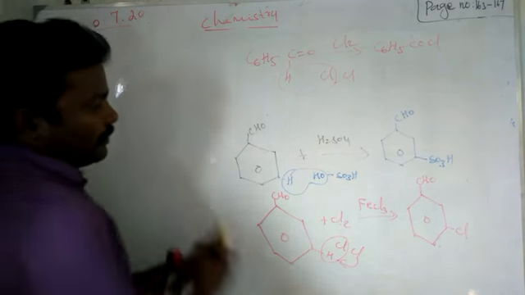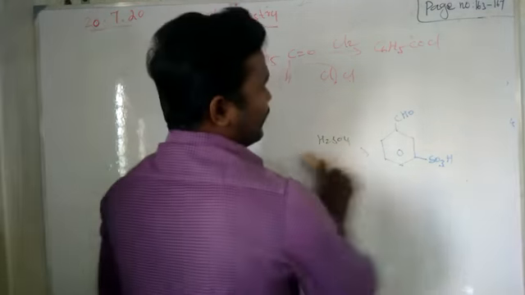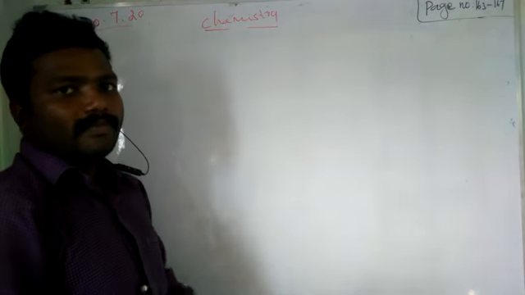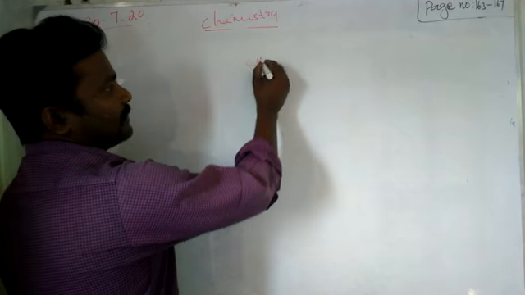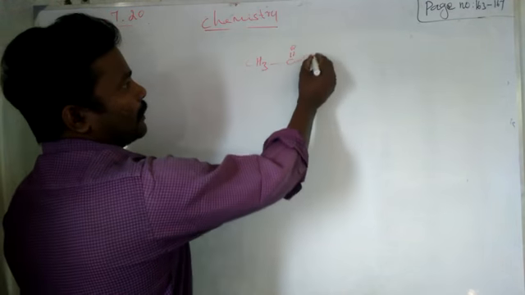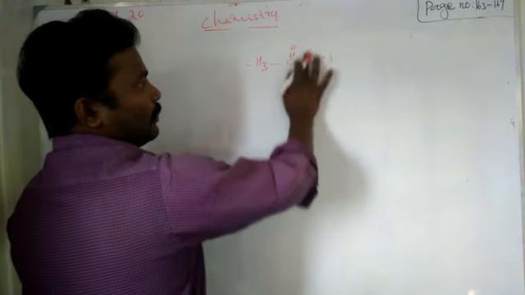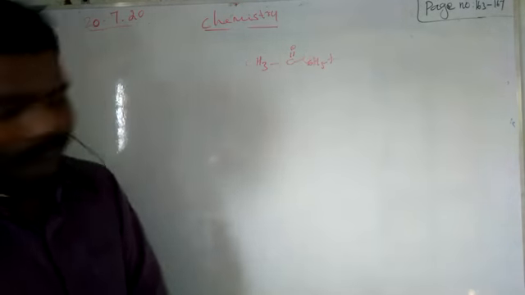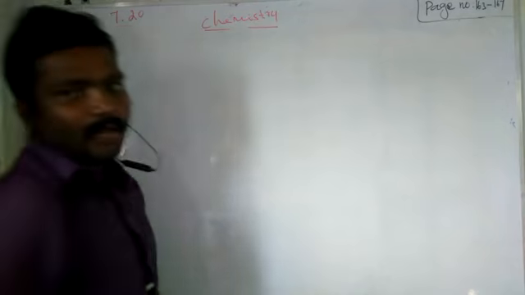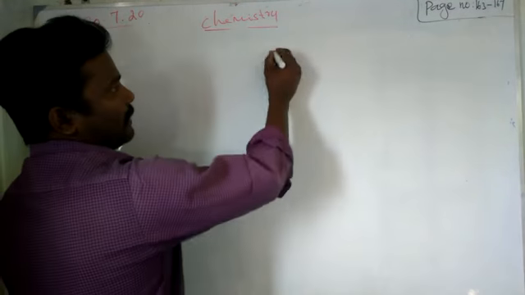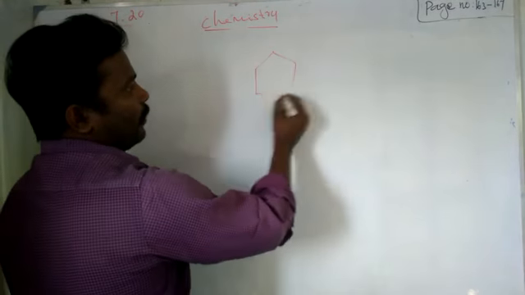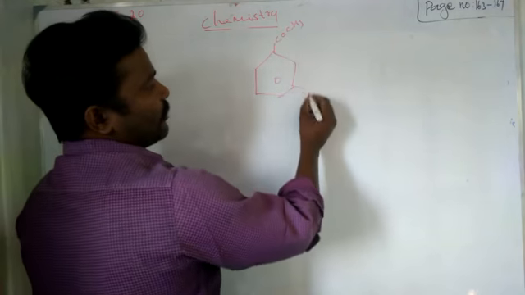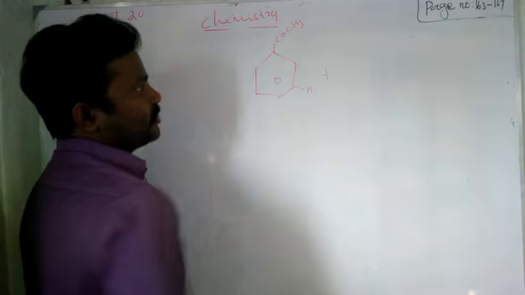Next reaction, acetophenone on nitration. Acetophenone, what's the molecular formula? Acetone, but on one side we have a benzene ring; acetone is written as CH3 C double bond O CH3. If you add the benzene ring in one place, that is called acetophenone. For substitution, we need the meta position. So we can draw the structure of acetophenone, COCH3. Here also at the meta position we are going to remove the hydrogen.